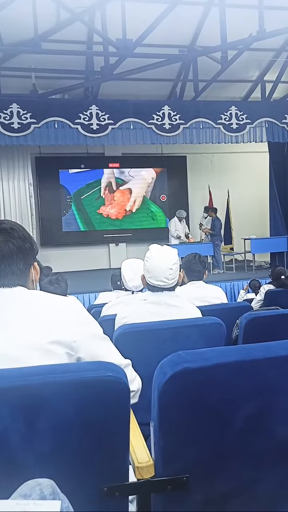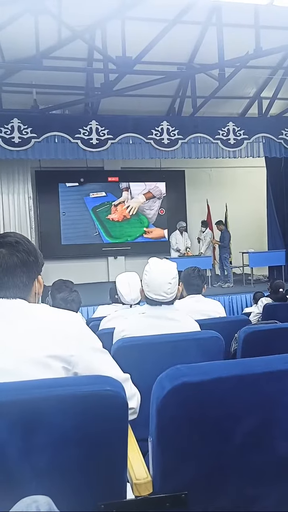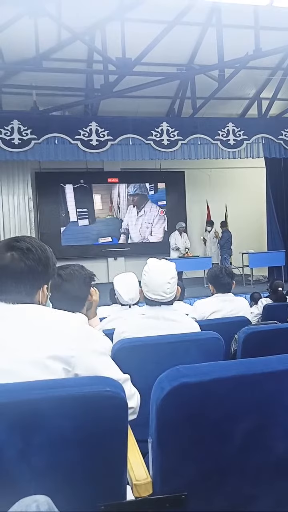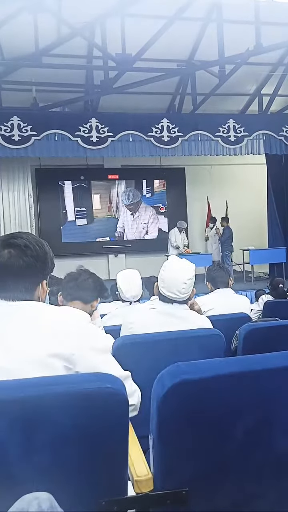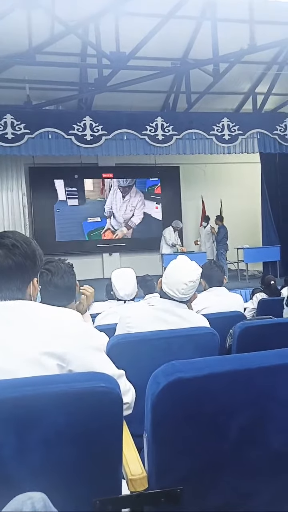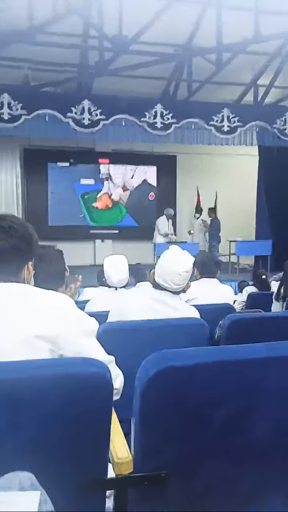Right? So I hope I tried to demonstrate all the structures. Left atrium, left ventricle, and I have cut that. I have shown you the chordae, papillary muscles, and the mitral valve. And on the right side, I have shown you the right ventricle and the right atrium. And I have cut that. I have shown you the chordae and the tricuspid valve. And along with